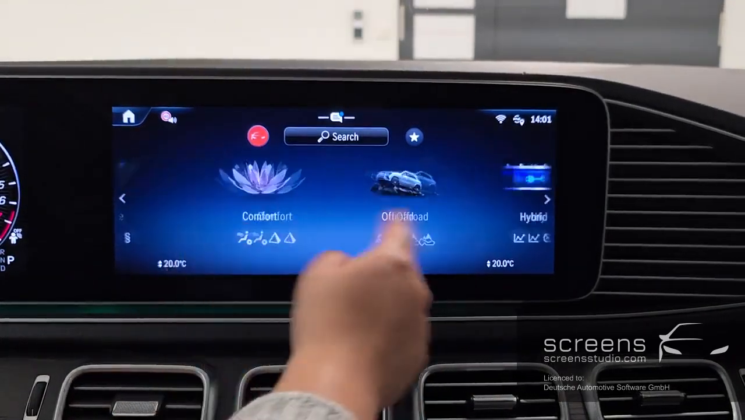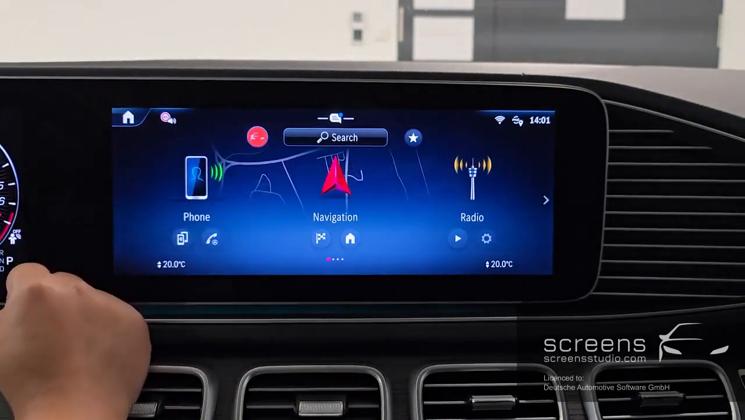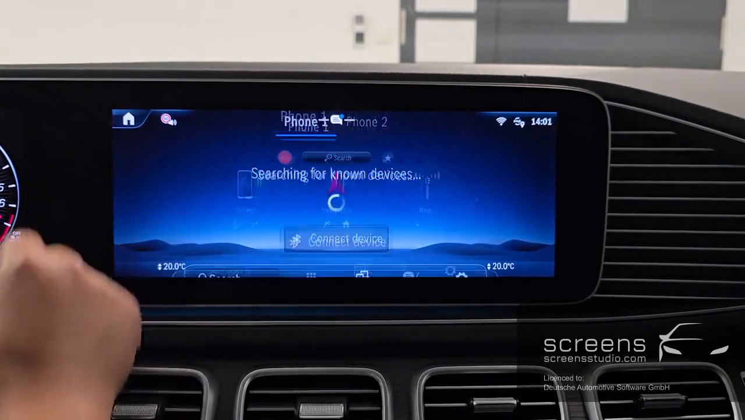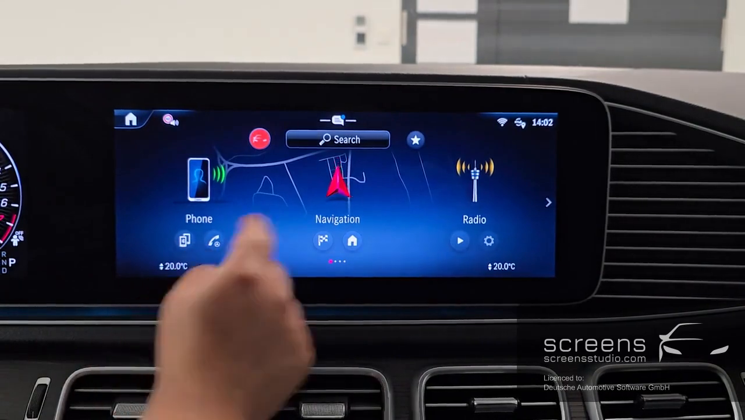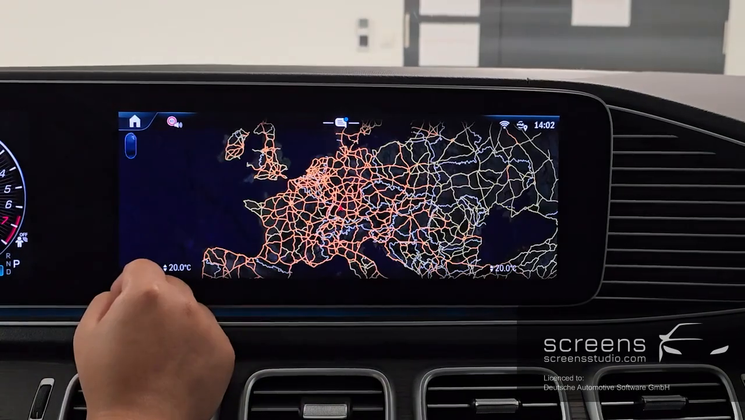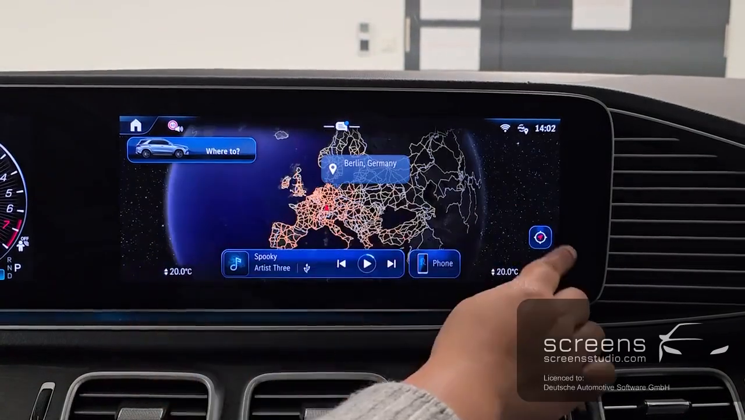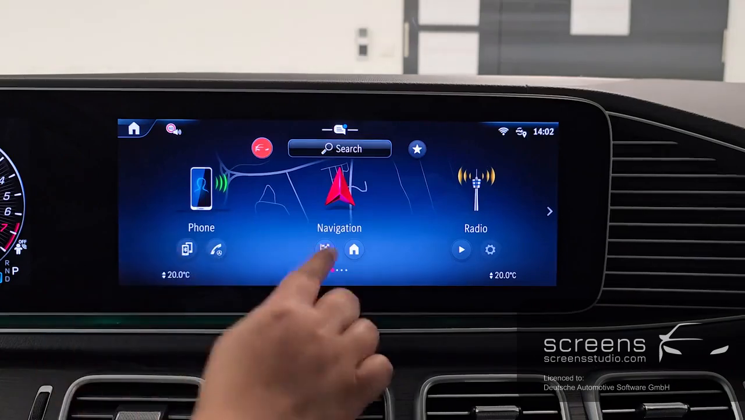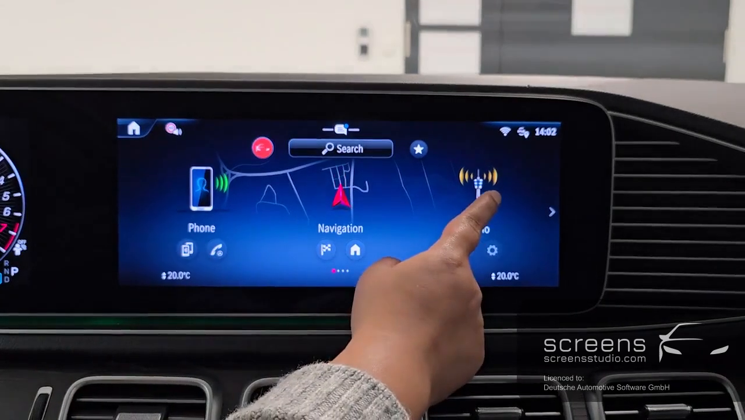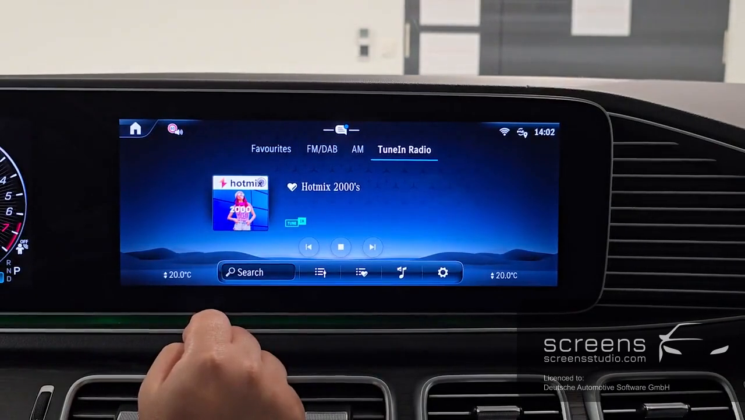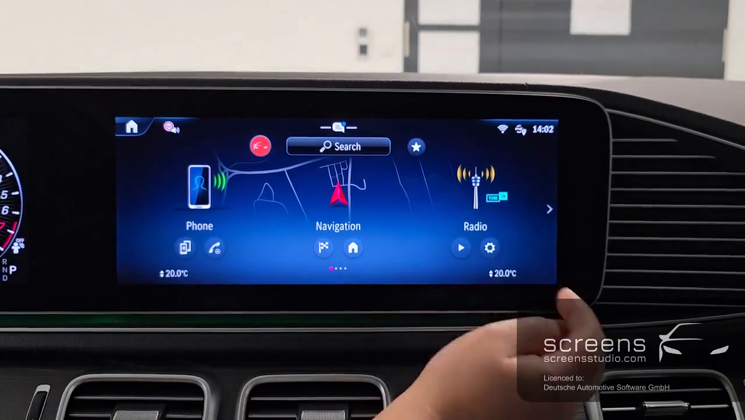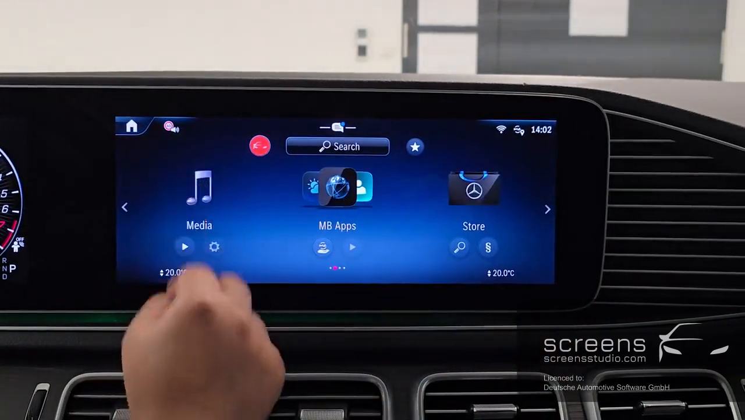On the home page, we can check different applications, starting with the phone. We can also use the shortcuts of the phone, and then the navigation. It also has some shortcuts below. Radio, shortcuts below. Media,